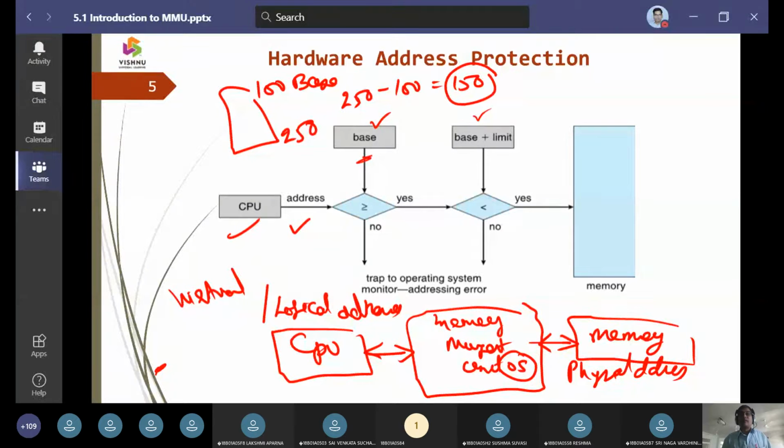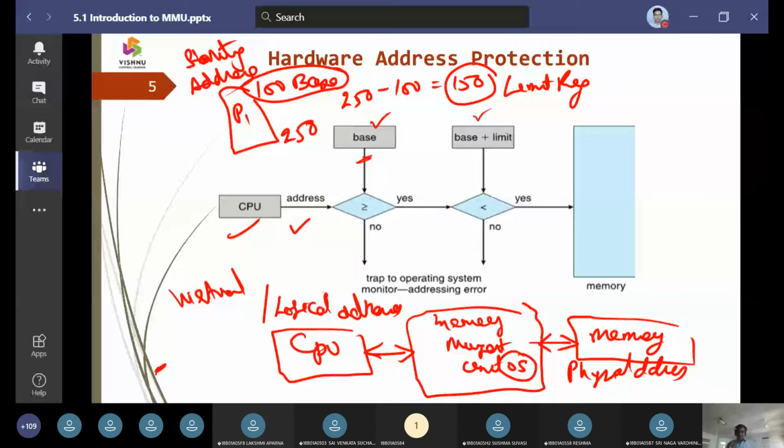So this 150 is going to be the limit register. So 100 is the starting address of the program, and we assume it as the base register, and the program is going to occupy up to the 250 memory location. So this 150 we call the limit register.